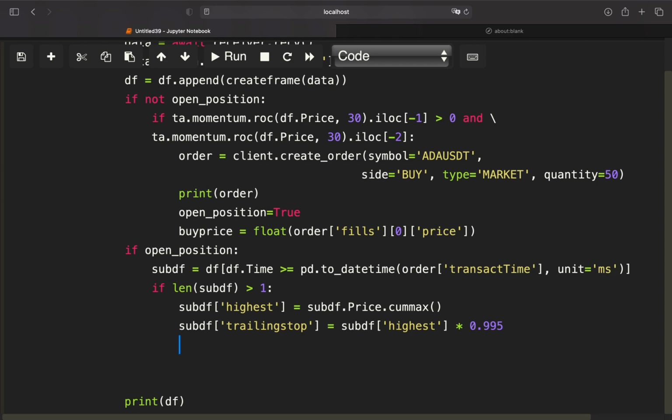So yeah, let's define both conditions here. First of all, let's start with the trailing stop condition. So if the sub df's very last entry and then the price is smaller than the sub df last entries trailing stop,